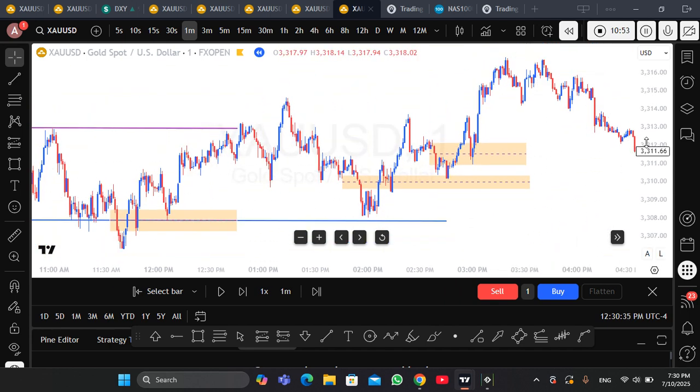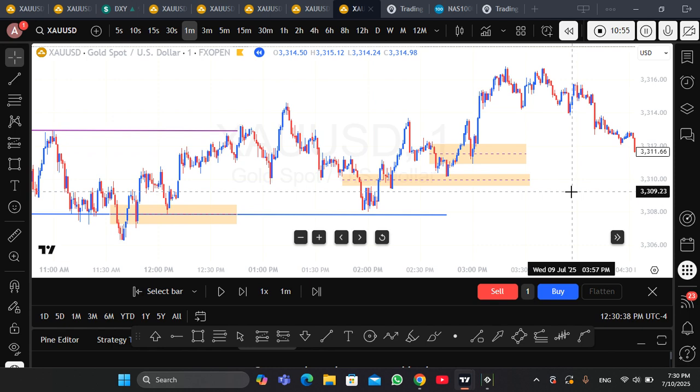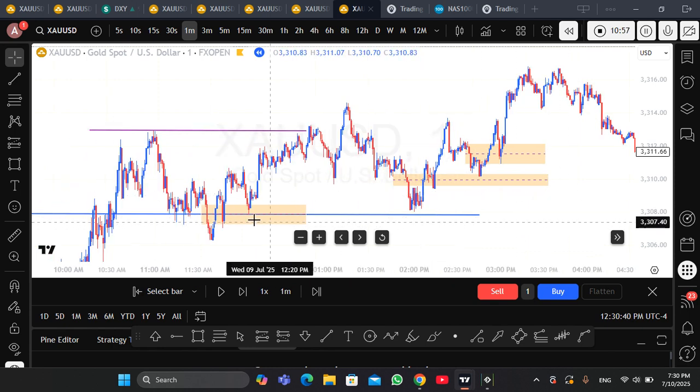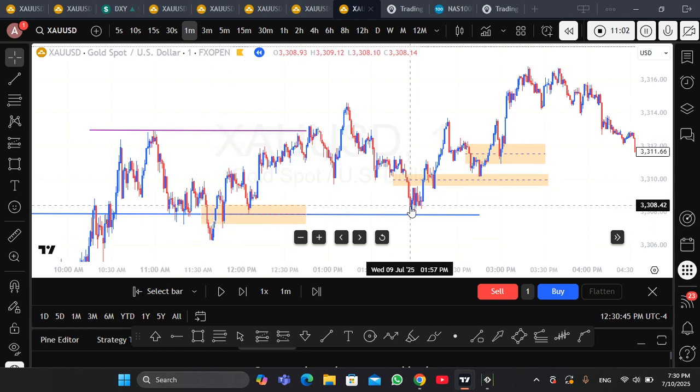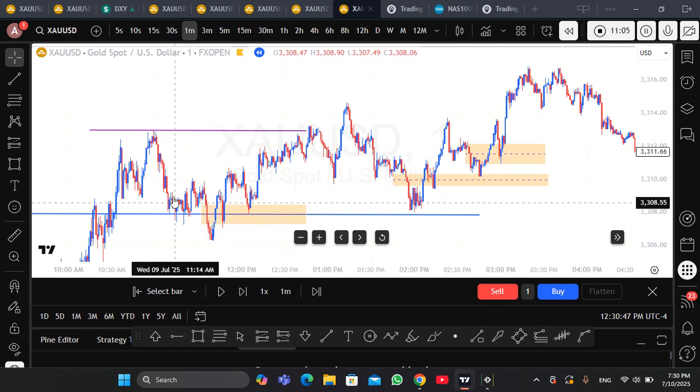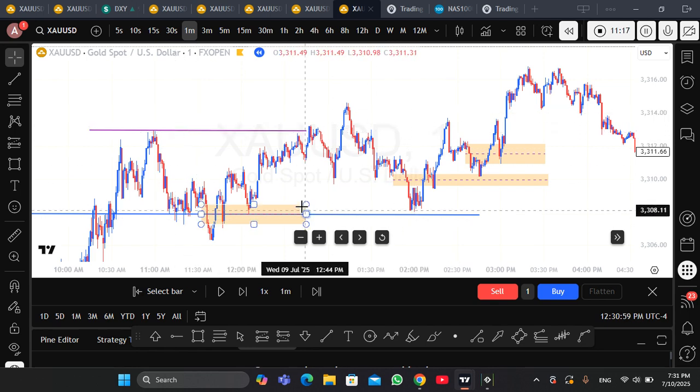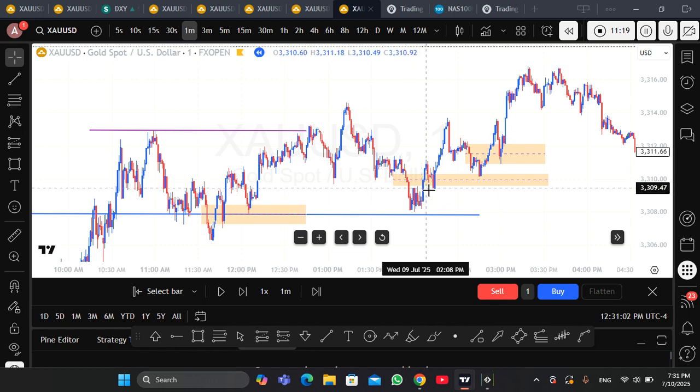Also this area is very beautiful, the buys. As you know, the price is moving upward. This is a market structure shift, and the price returned to this area, which is a turtle soup. As you can see, this is the breaker block, and this is a turtle soup. This is changing the state of delivery, retest and moving upward and making a market structure shift. The price returned to retest this area. When the price returned, it also made an inverted fair value gap and moved upward and made a change in the state of delivery or market structure shift.